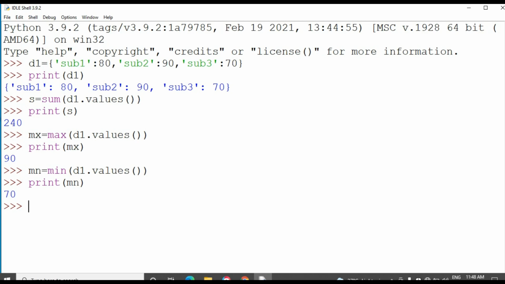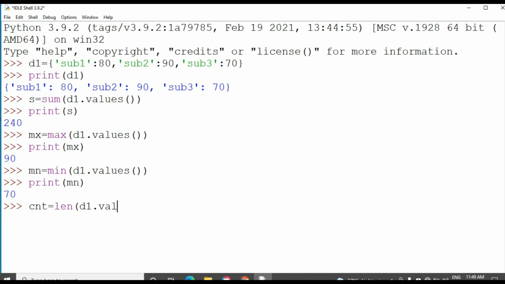Then I want to find out the length of the values, that means how many marks have been taken. Totally we have taken subject 1, subject 2, subject 3. I want to print out how many values I have taken, so I want to count it. Count is a variable name.